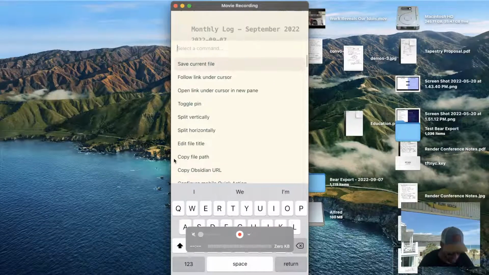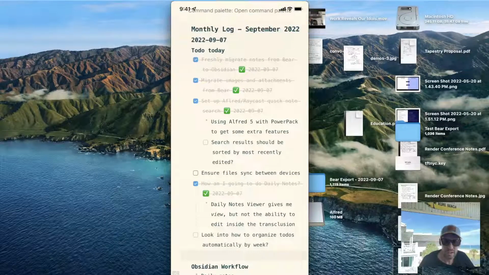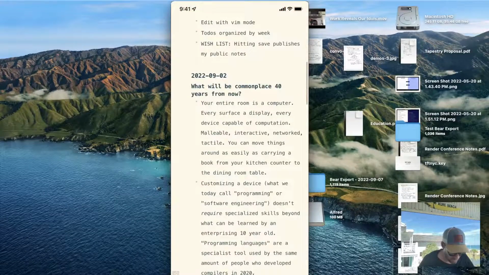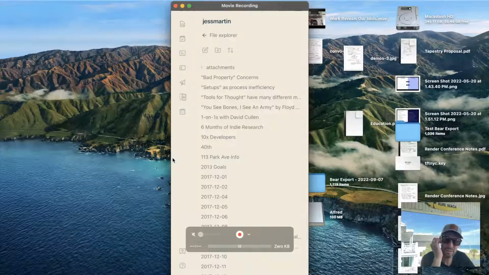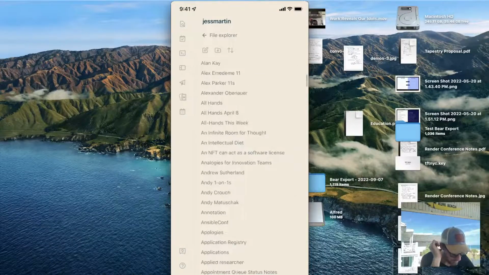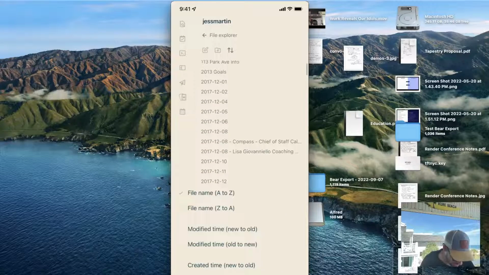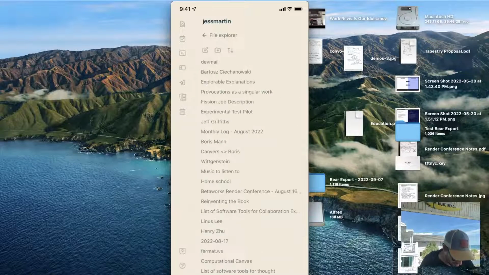Oh man, and if you scroll all the way down, you get the command palette that comes up. You see it coming up there at the top. Okay, but more or less, this looks like what I expect. If I swipe to the left, I get a list of notes. Let's see if we can get the list of notes sorting by modified time.